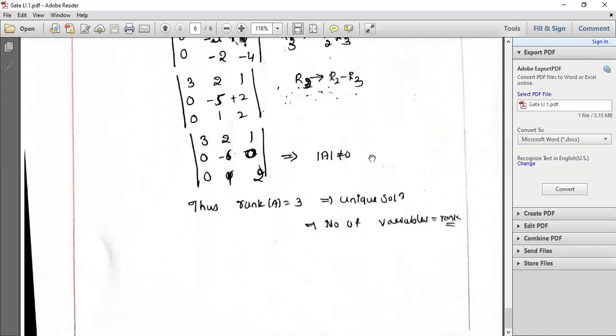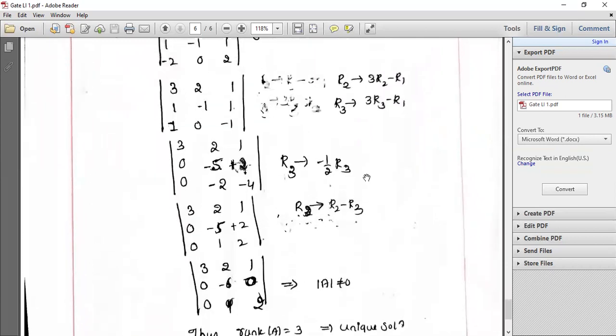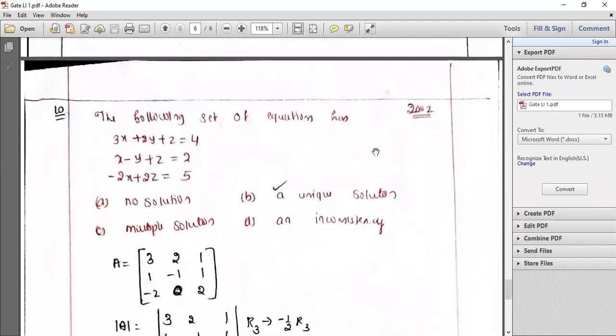So this is how, guys, you have to apply the tricks and a little basic knowledge, and you can solve the difficult problems. Today I have taken some 10 examples of GATE questions. In the upcoming videos, I'll be taking more examples on linear algebra and try to cover the maximum number of examples in linear algebra.